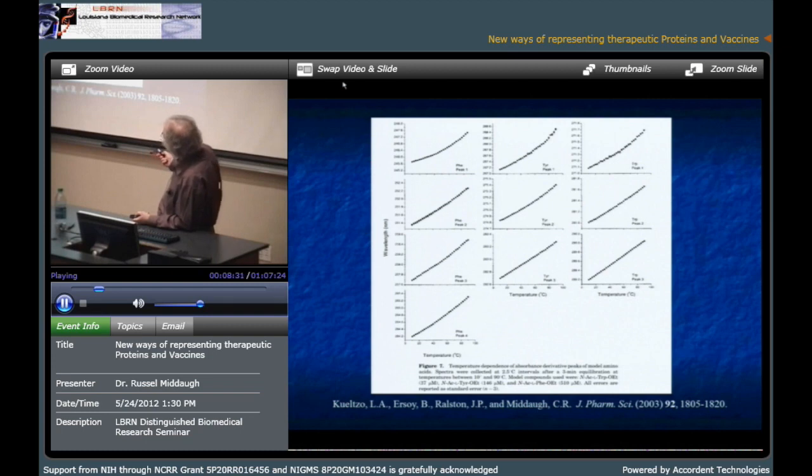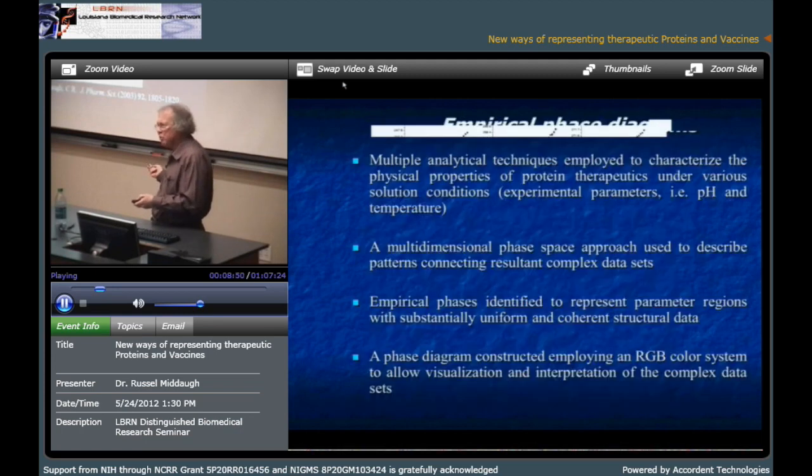But it's important to note this regular behavior. Now, I'm not going to talk about it, but the slopes of these lines are actually used in technology we have developed to measure dynamic aspects of protein structure, because this reflects the dynamic behavior of the side chains and their interaction with the solvent. But I'm not going to talk about that. We have a series of papers in Protein Science about that if you're interested.